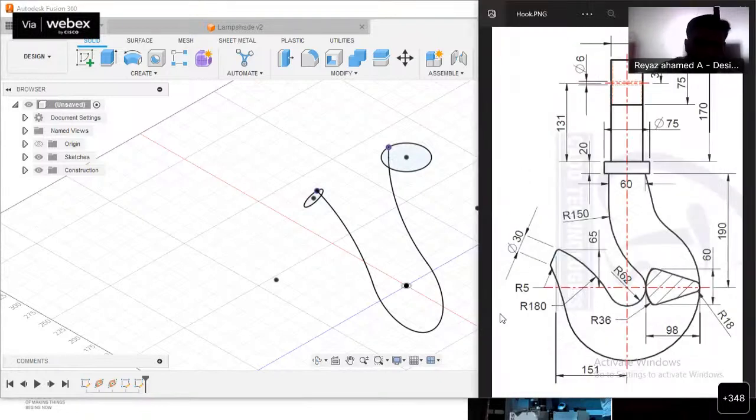Now we have to create this profile. This profile is not in this direction. The profile here is the shaded portion, which can be viewed from top.